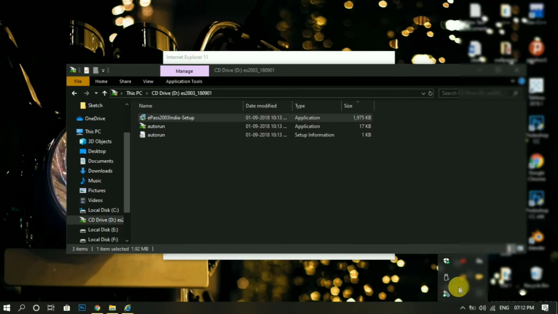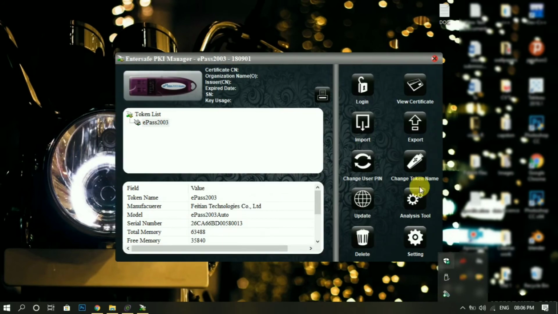And now you can observe the option for the token which we had inserted. By just clicking on it, you can go with the different options of a token.